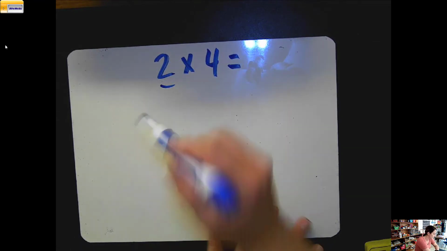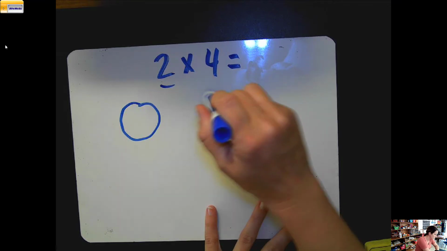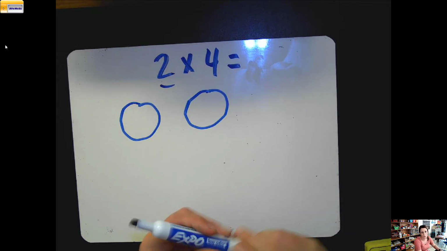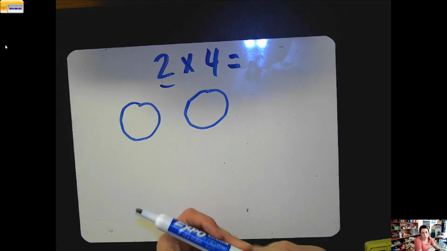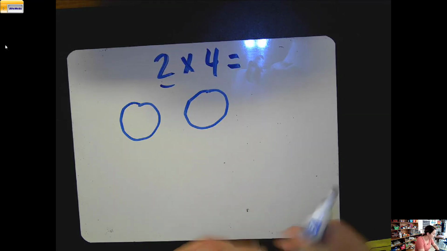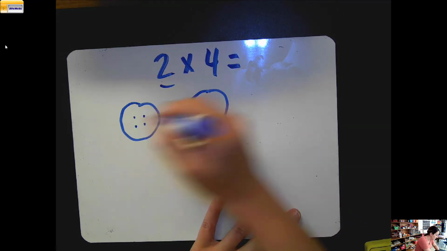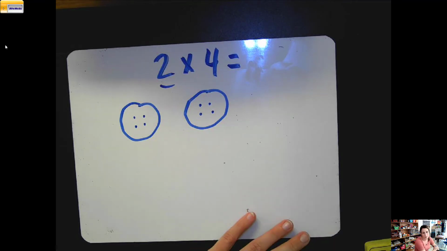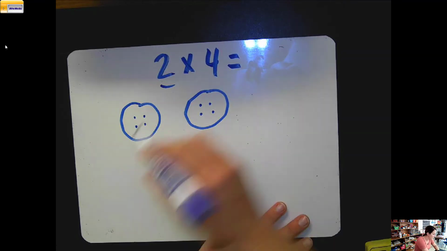2. So you need to pick up your pencil and actually draw 2 circles on your paper or whiteboard, whatever you're using. How many are going to go in each one? 4. Very good. 1, 2, 3, 4. 1, 2, 3, 4. Now to solve it, you have to add them up. 4 plus 4 equals